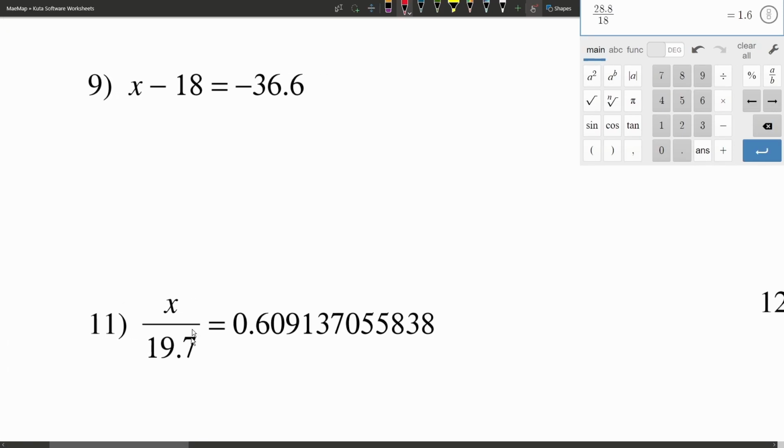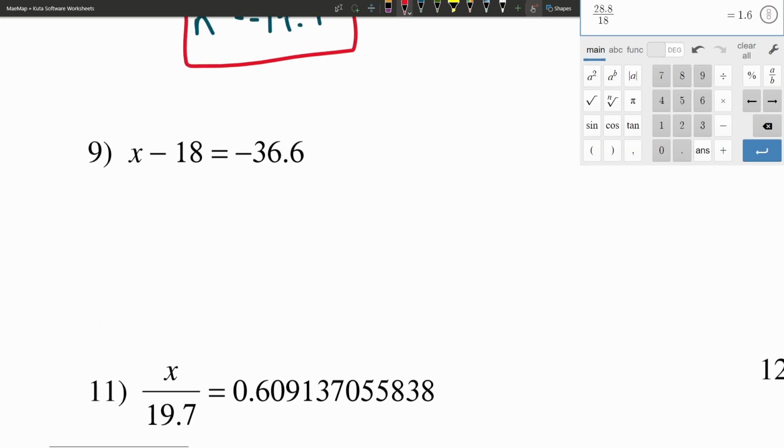Continuing on to number 9, we're back to subtracting from our variable. So if we have our variable x minus 18, what we're going to need to do is isolate it by adding 18 to both sides. And adding 18 to both sides, we'll have x just on the left-hand side, and that's going to be equal